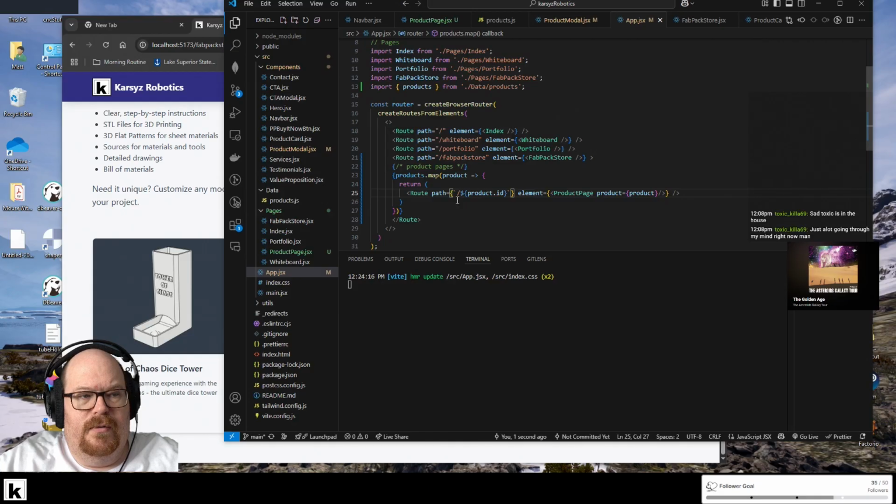Does this work? So that's product ID 1, and it's a string literal, so that should be the path. So fabstore